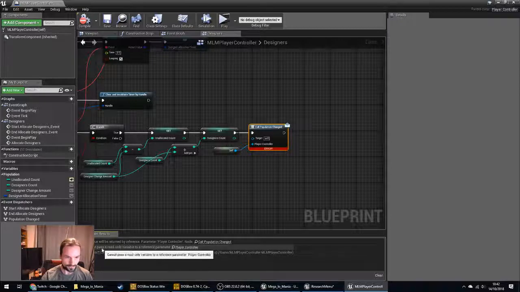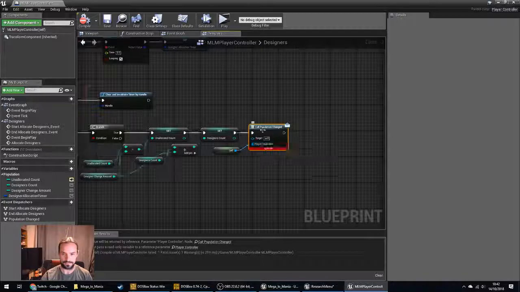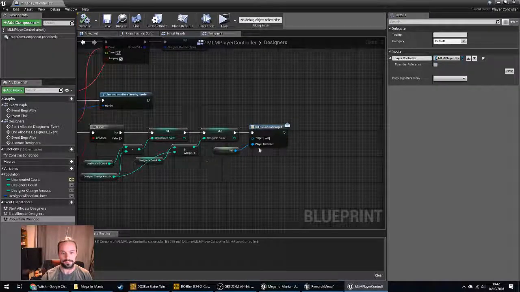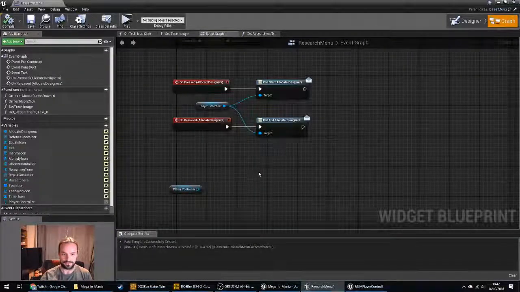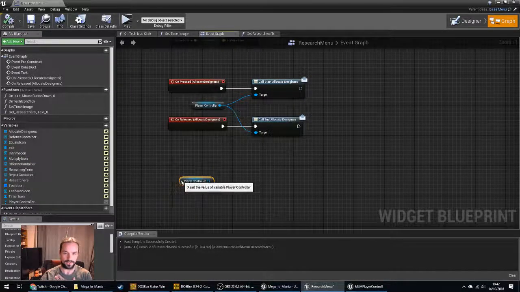That's, cannot pass a read-only variable to a reference parameter. Really? I guess it's an object reference by reference. Didn't make any sense to it. Okay, that's fine. That doesn't make much of a difference from here because we've got the player controller already, and